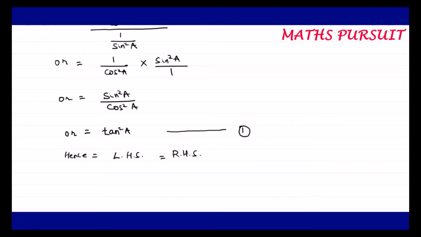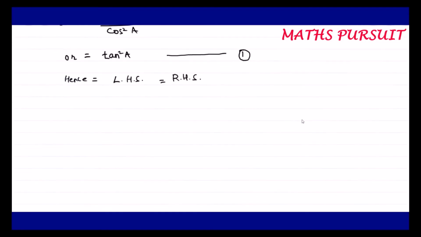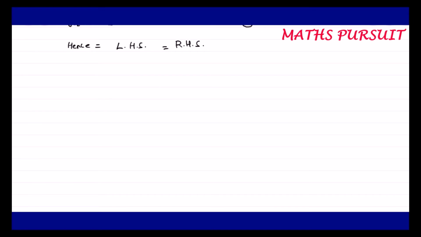This is one part. Now let us focus our attention on the middle part. I told you, we will first focus our attention on the left side of the expression, then we will focus our attention on the middle expression. So here the middle expression, I can write ME, is given by (1 minus tan a upon 1 minus cot a) whole square. So this is given in the middle as the middle expression or middle term.